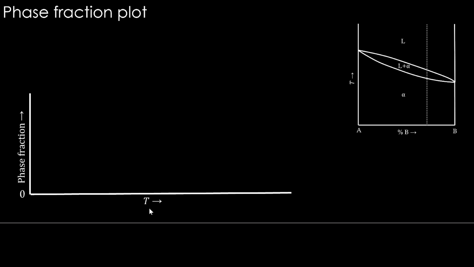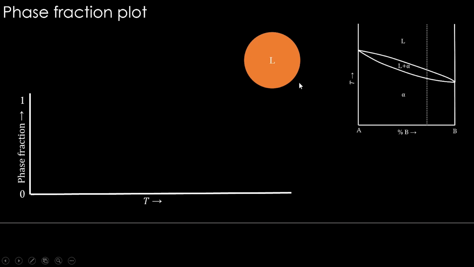What happens in this is the phase fraction goes from 0 to 1. If a material has a single phase, then the phase fraction of that particular phase is 1. That's how this diagram is going to look. It's a pretty useful diagram for a higher order system. Let's consider a really high temperature, somewhere like this. It's going to be completely liquid. So the microstructure is completely liquid. Then it is represented in the phase fraction plot like this, meaning it is at a phase fraction of 1, completely occupying the microstructure.